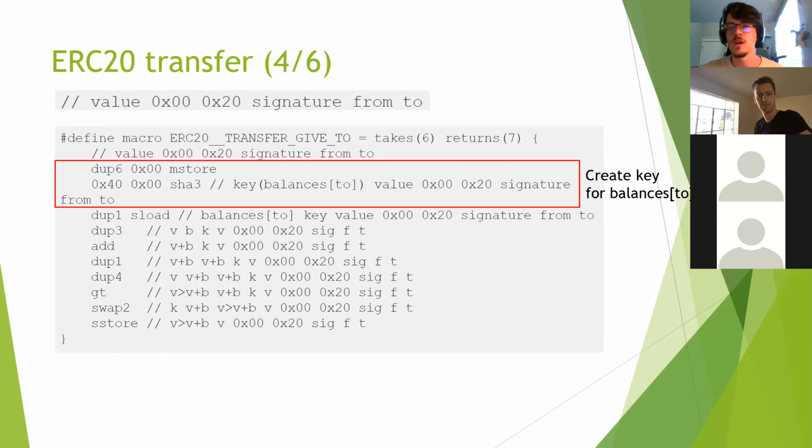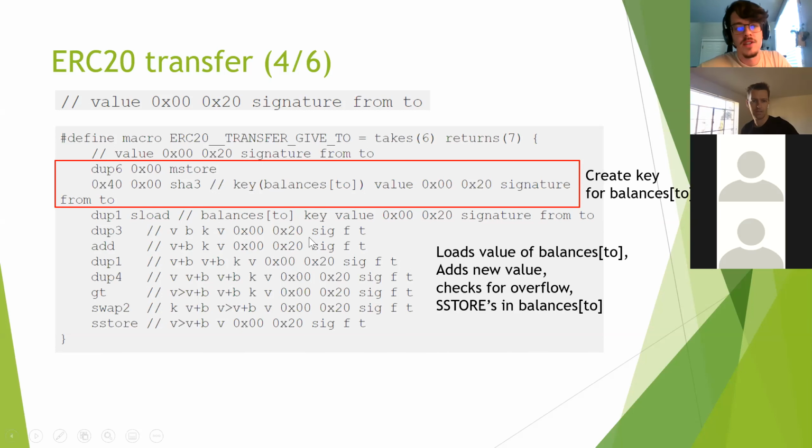So when ERC20 contracts are implemented in Solidity, there's a mapping that keeps track of everybody's balances. The mappings are basically hash tables where you hash some data, and that is the key at which somebody's balance is stored. So they do it here manually. They create a key for balances of the recipient, balances to,